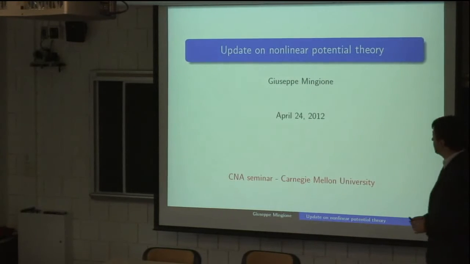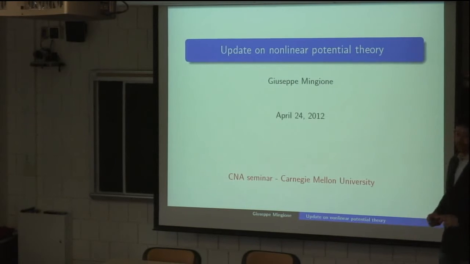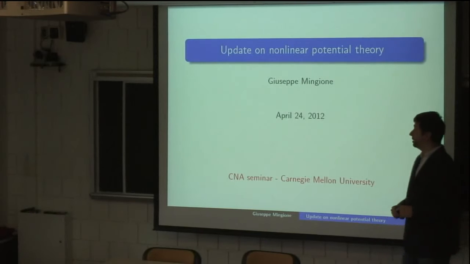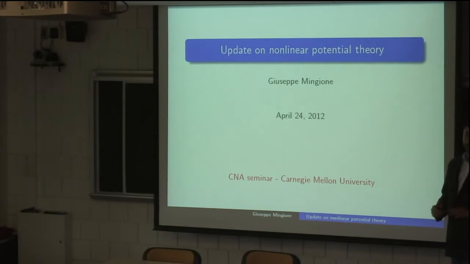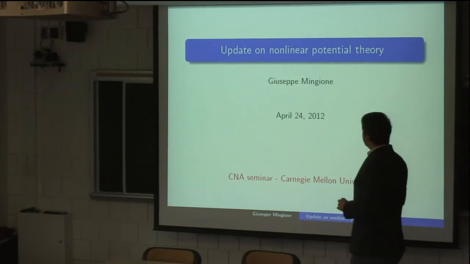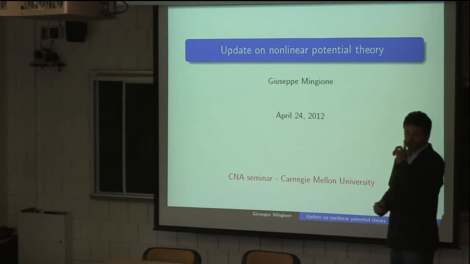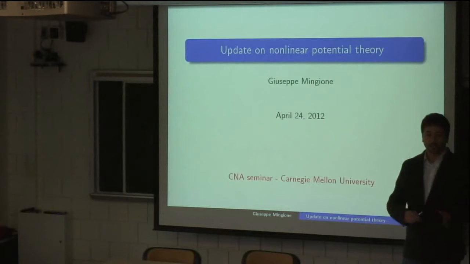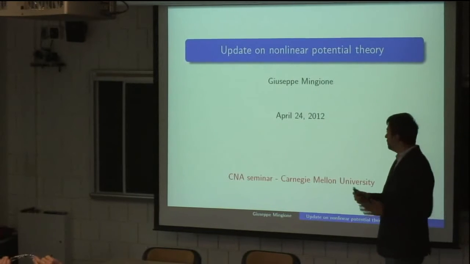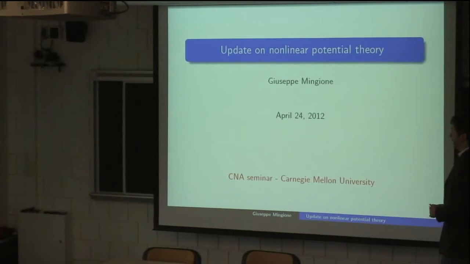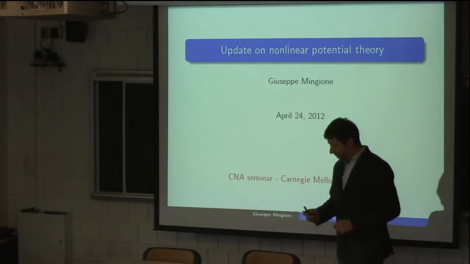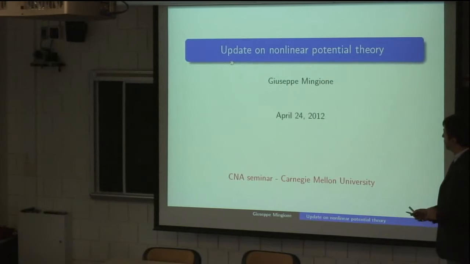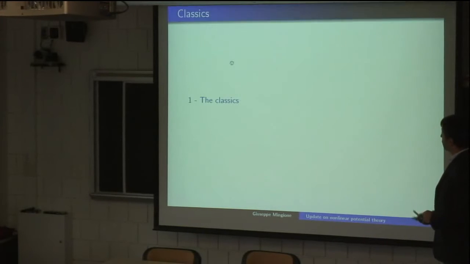friends. So the title of the talk is Update on Nonlinear Potential Theory. And an alternative title could be Linear and Nonlinear Calderon-Zygmund Theory, because actually the talk is about certain things that are classical in the linear setting and how they can find an analog in the nonlinear one. So, following the general path of Calderon-Zygmund theory, let me go to the first part,